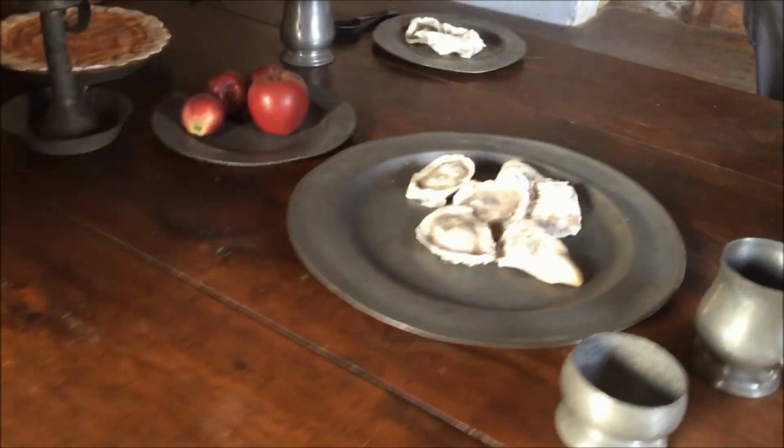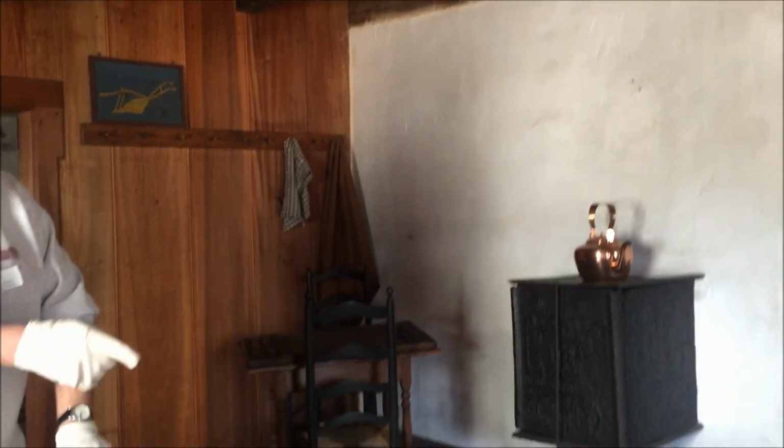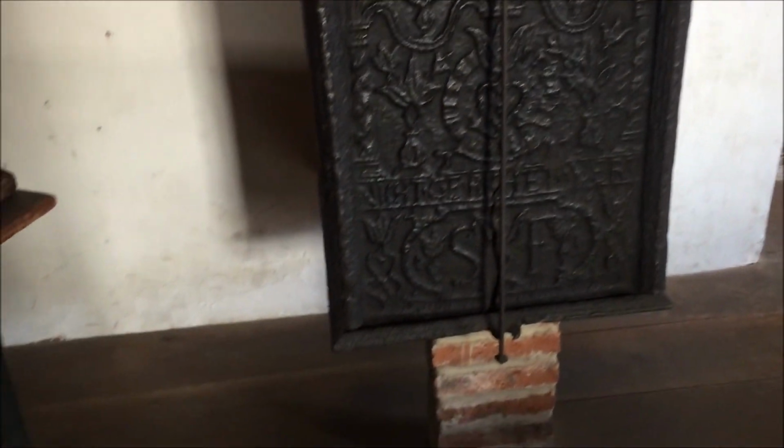The proprietor would not provide you with utensils. You had to bring your own, or they'd just eat with their hands. They heard about the Boston Massacre,